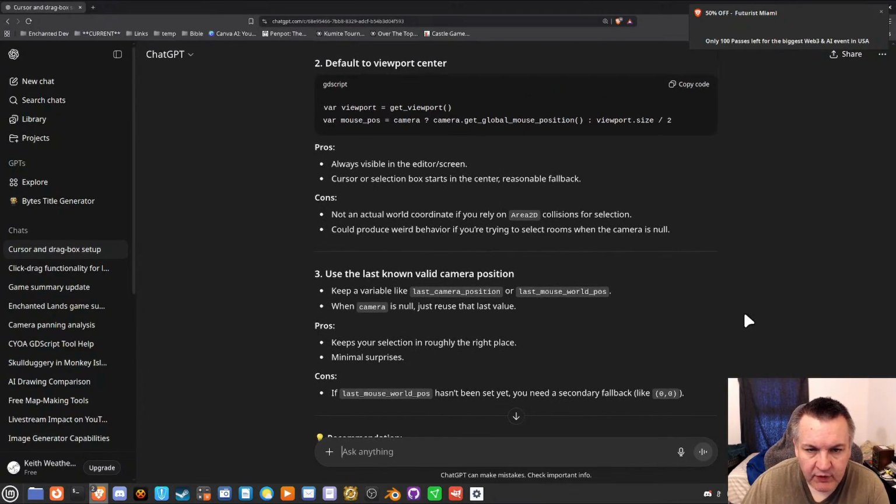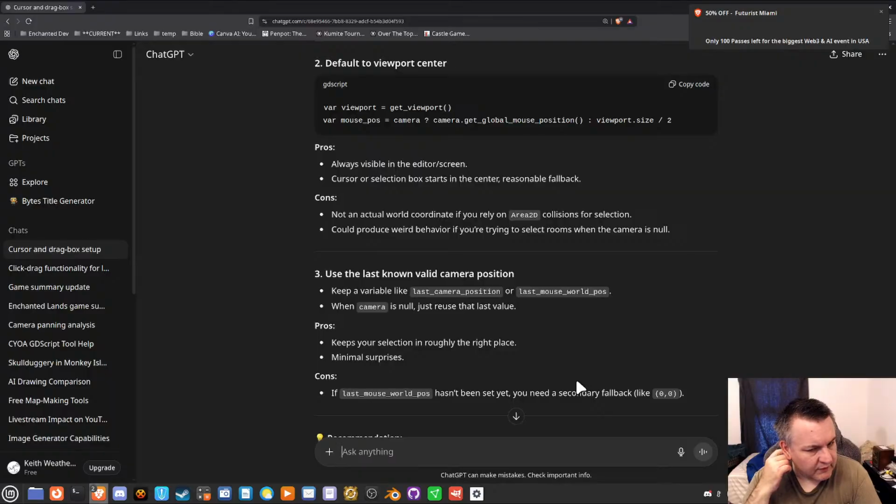That might be a good one. Default to viewport center, visible on the screen. Could produce weird behavior trying to select rooms when the camera isn't on. We'll be dealing with that.